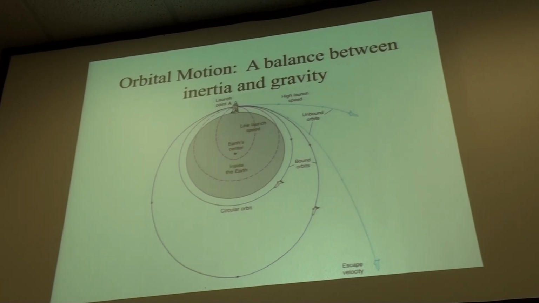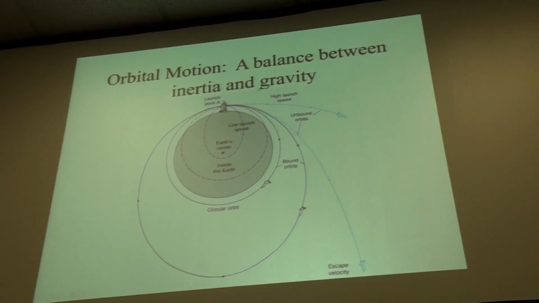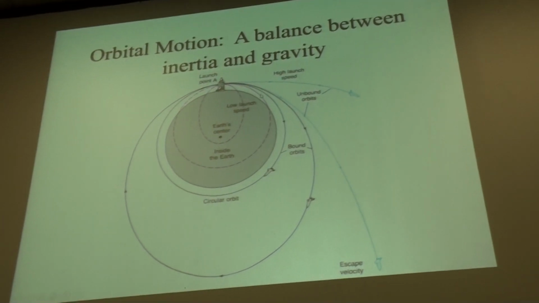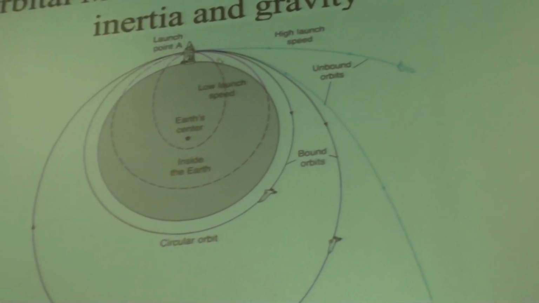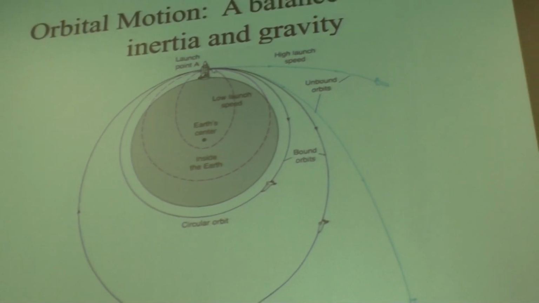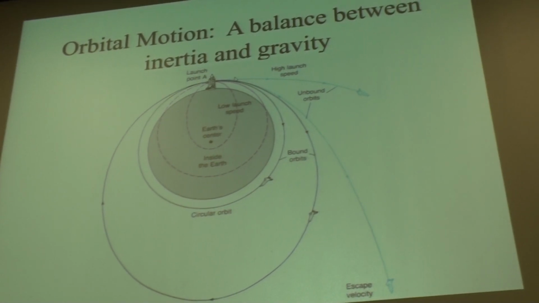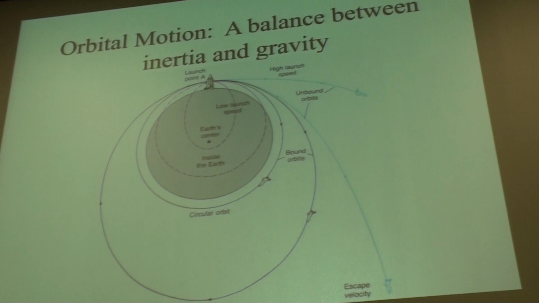We can also see in this kind of problem that orbital motion really is a balance between inertia and gravity. Because if we were to throw an object with a speed that isn't high enough, then it'll kind of curve around the Earth to a certain point. But only if we give it just that critical amount of speed, which turns out to be about 17,500 miles an hour, about 5 miles a second, will this object move horizontally and then fall by just the right amount so that it stays in a circular orbit.